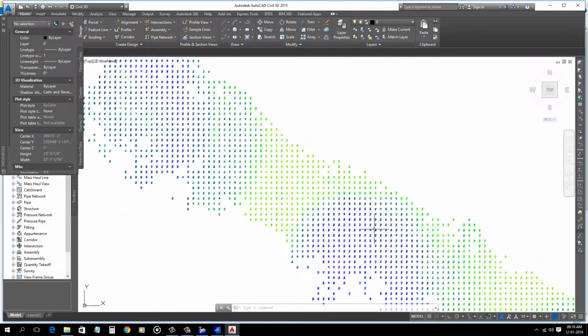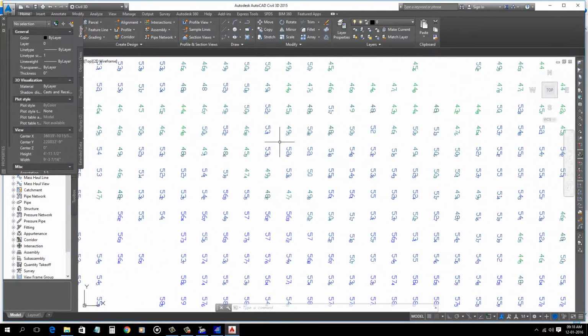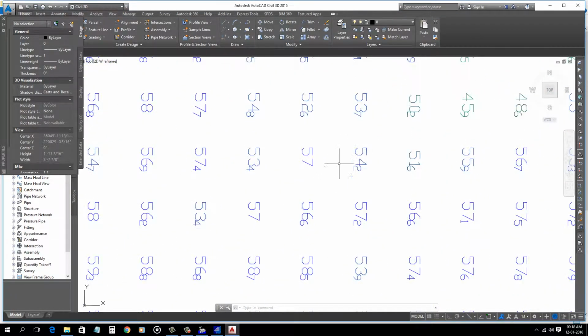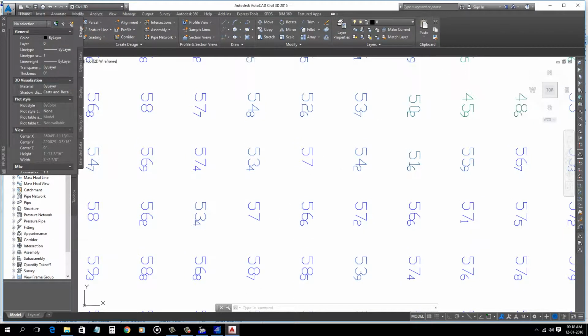Now you got your soundings as a DXF file. No problem. This text is rotated, but you can change this option again. Come here.